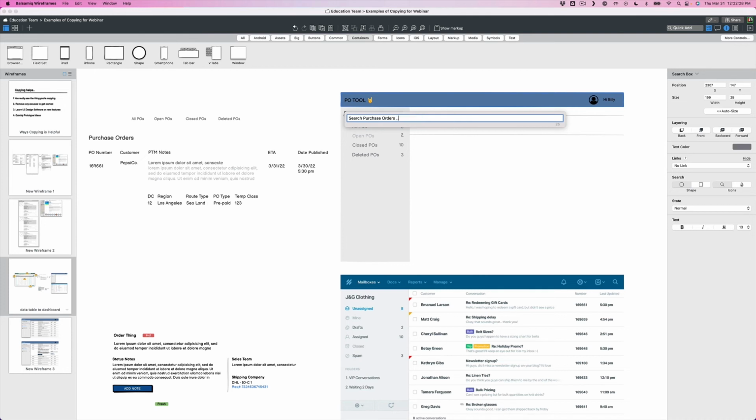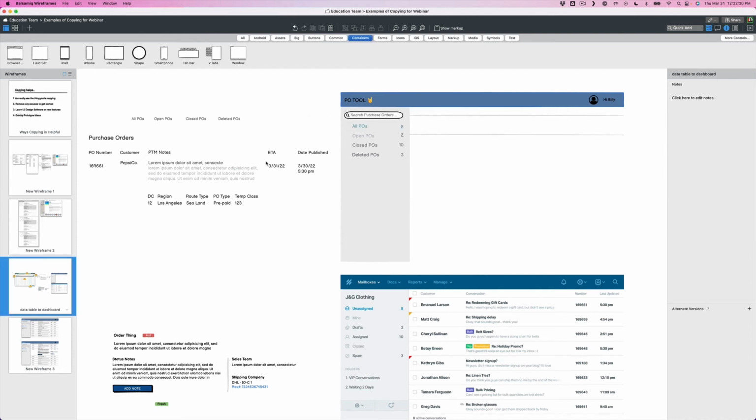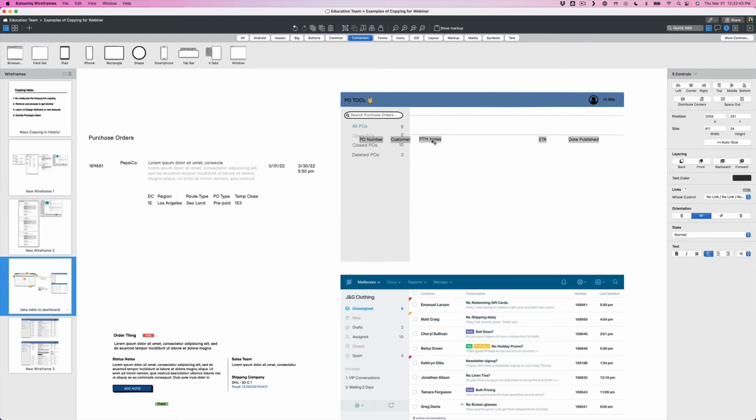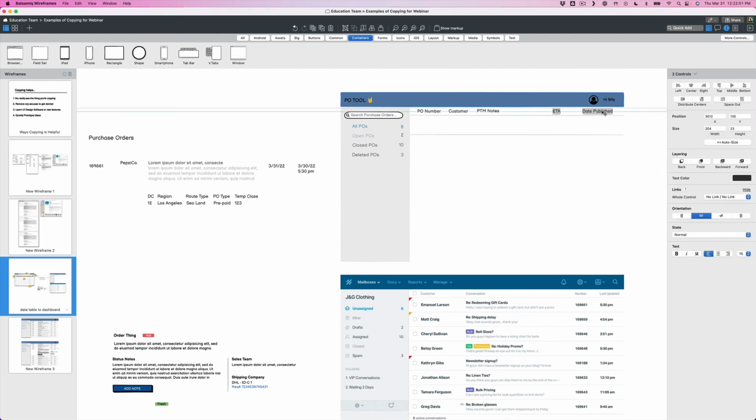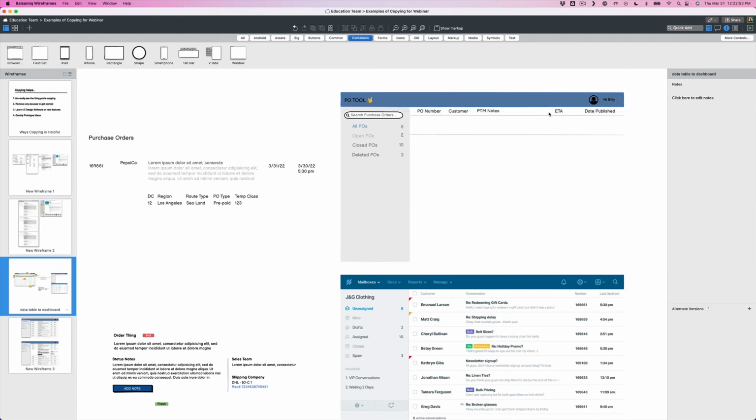I'll just go ellipses here, so it looks better. But okay, so I used that. This is gone. This is basically the header row, so I can just drag this to the header row. Obviously, these need to come in, so I'll just line it up with my name, just to have something there. I know PTM notes are the big one, so